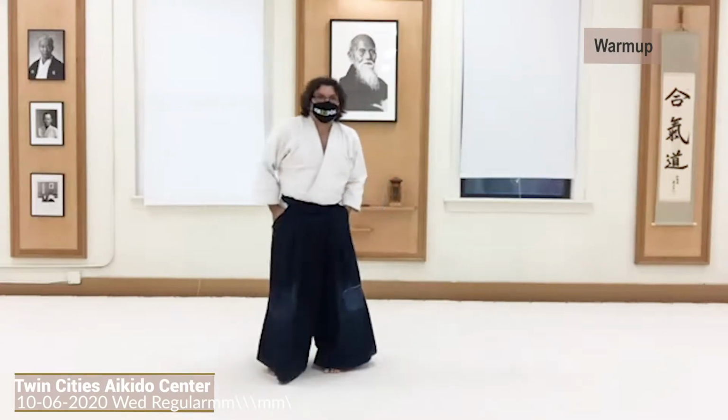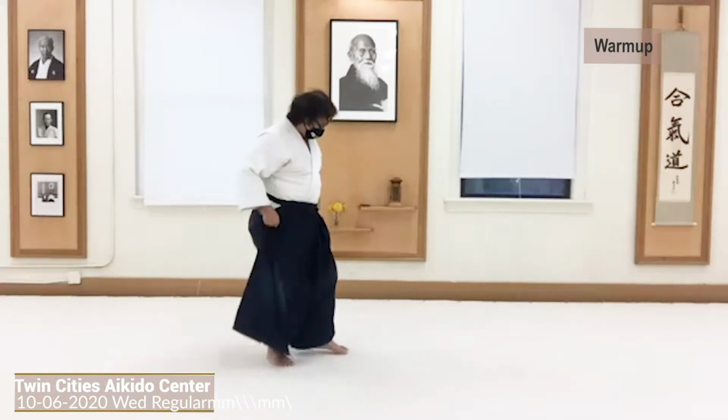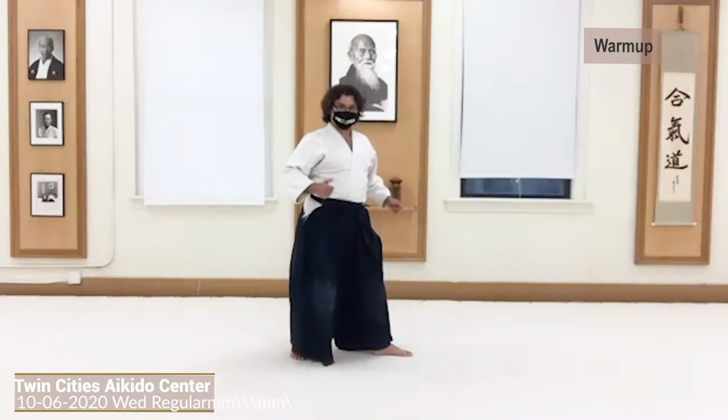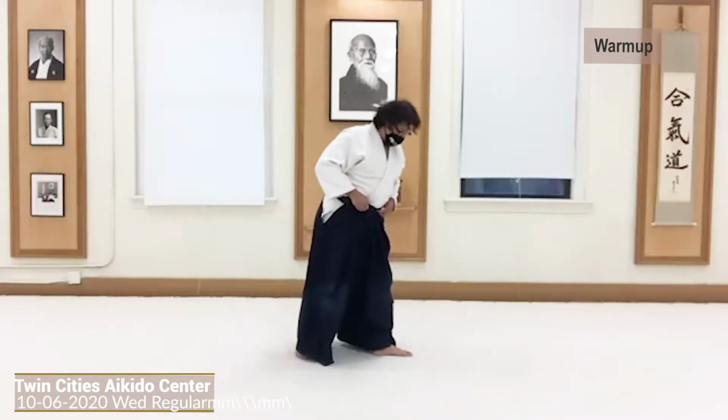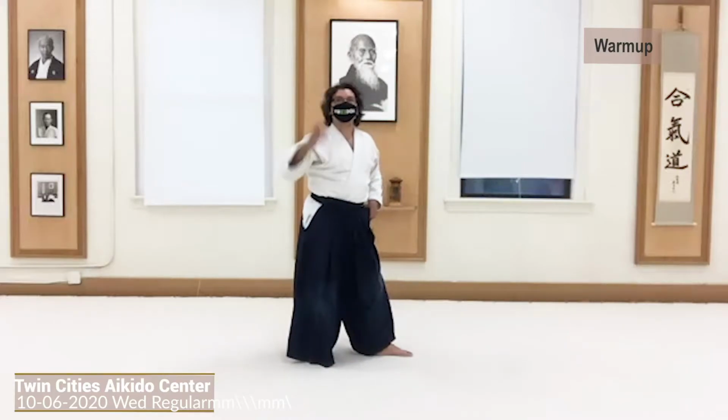Do the tai sabaki or bodywork exercise. Then we'll do the ukemi, and then we'll get into some technique. So I always like to start with kaiten. So real quick disclaimer, I said this last couple classes,